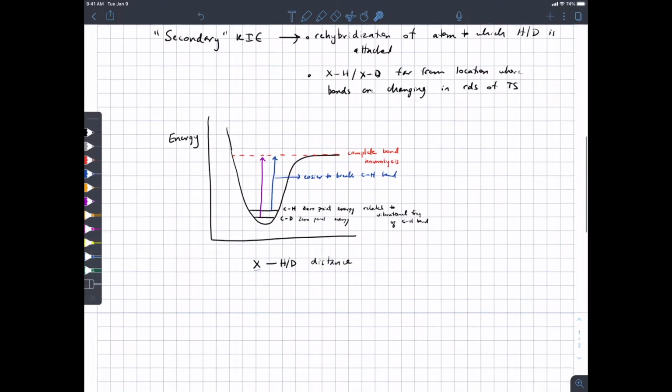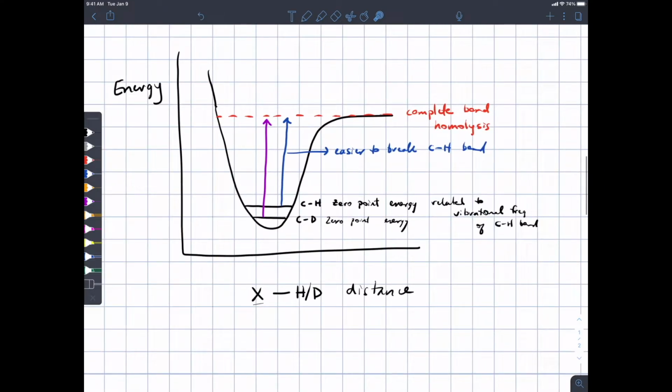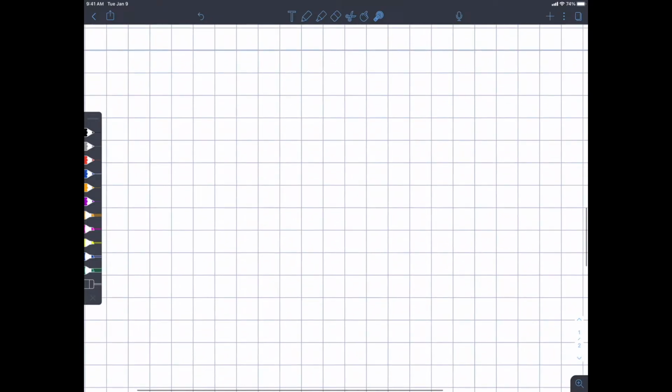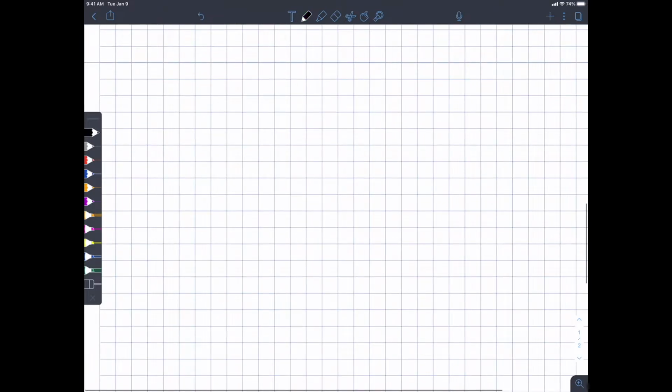Okay, so we had started our discussion last time talking about how carbon-hydrogen versus carbon-deuterium bonds have different zero point energies, and we'll define what that is in just a second. But before we do that, I just want to give you a little bit of background. You remember in Chapter 7 when we talked about rate, if this is the rate constant for a reaction that has hydrogen at a particular carbon,